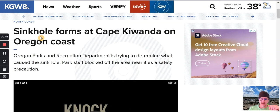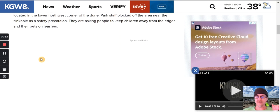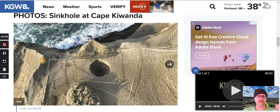Okay, so out here in Pennsylvania, out east, you say sinkhole, most people think caves, but I don't think that's what's going on here. Let's take a peek at the sinkhole at Cape Kiwanda. Okay, there's a little picture gallery here. Here you can see